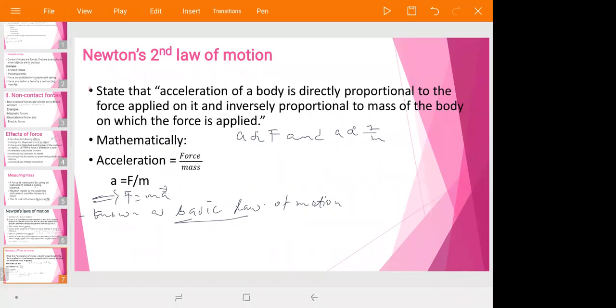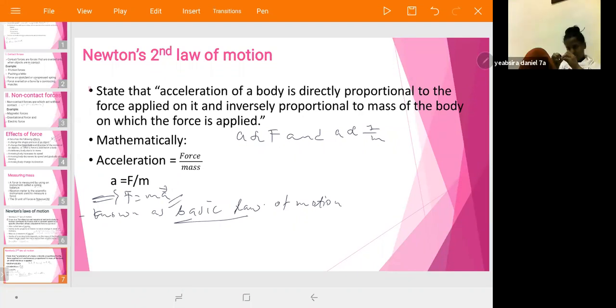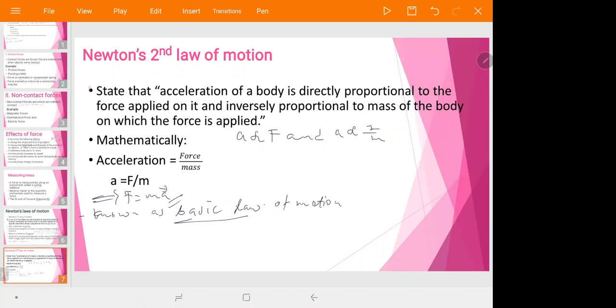Therefore, in Newton's second law, you must know the relationship between acceleration and force, mass and acceleration, as well as the equation or formula of Newton's second law. Okay, you must know this one. Under Newton's second law, we can see about what? We can see about